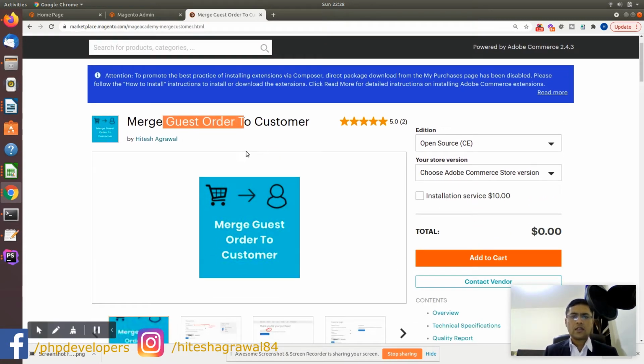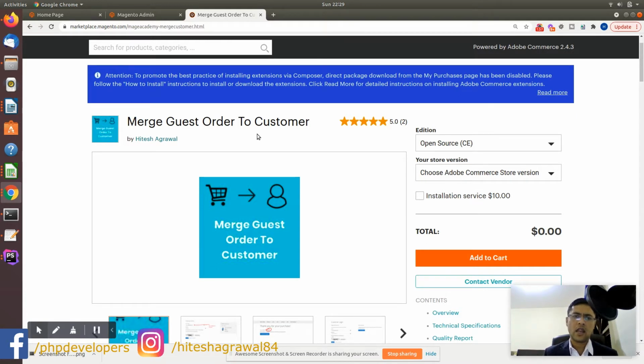Before starting the installation, I want to explain some features of this extension. The feature is, if you have customers who are placing orders as a guest, and after some time they come to your website and register, by default Magento does not merge the old orders with that customer.